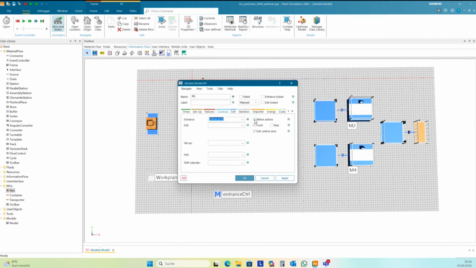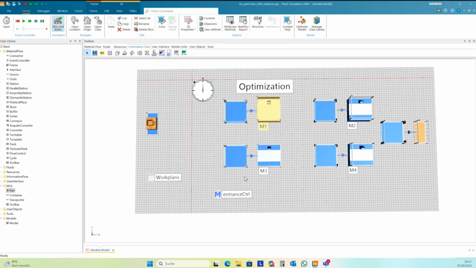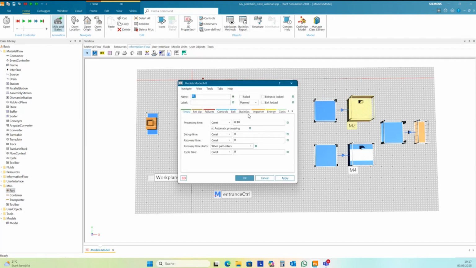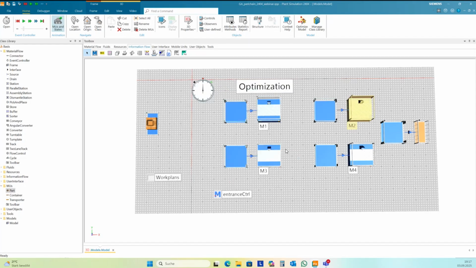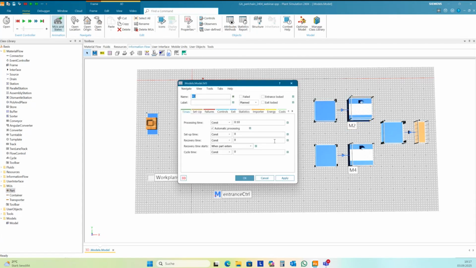We need to activate before actions because we want to set the proc time, and this we need to do before the MU has entered the station completely. And so we need to activate before actions in all stations.